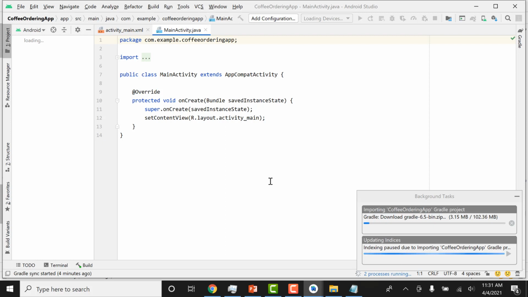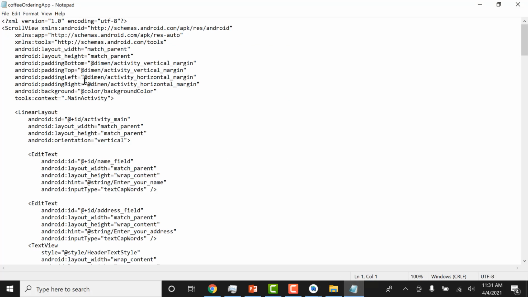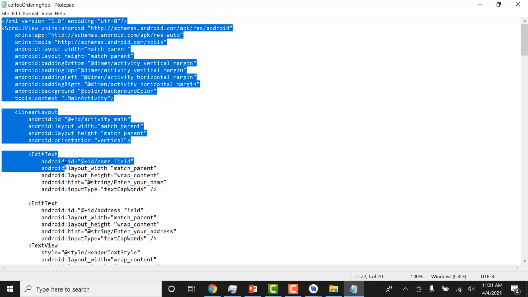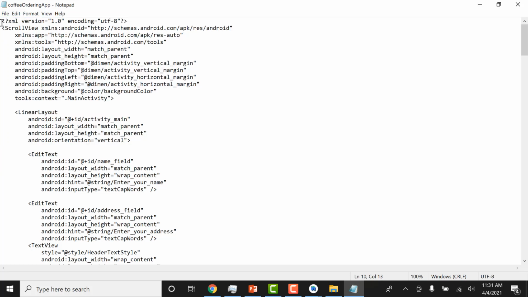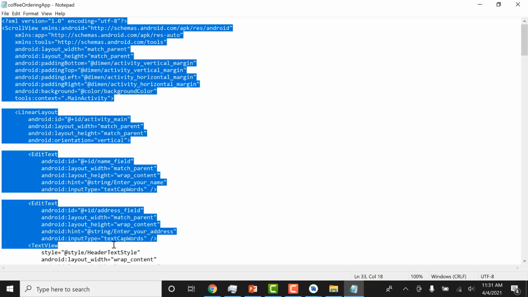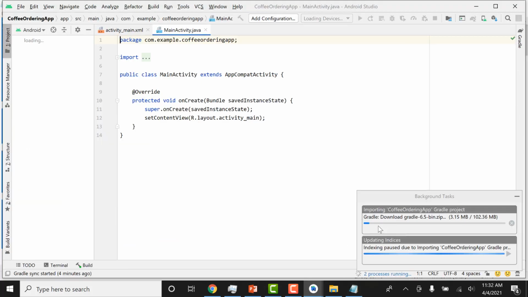For example, the design part is separated from the coding part. So the design is done in the XML file. You can see here, this is our scroll view. I'm going to just copy and paste this complete scroll view in the Android Studio when this download is finished,